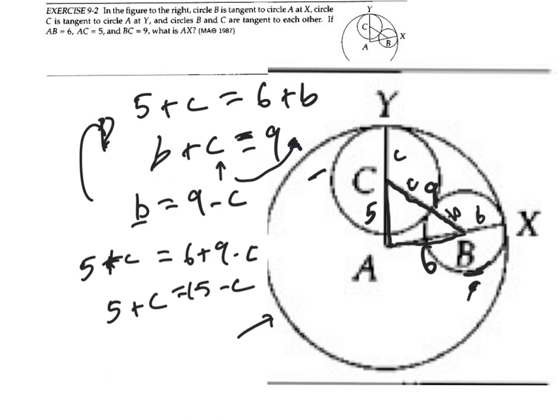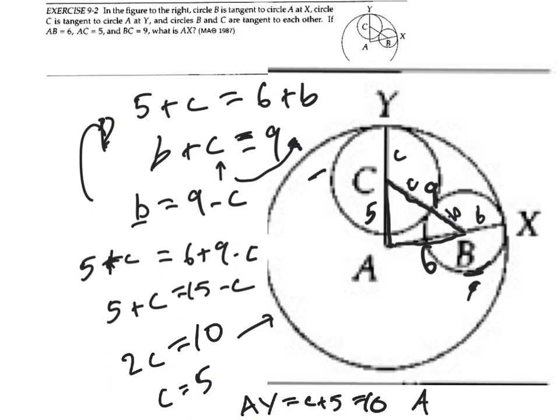So therefore, 2C equals 10. Easy enough, C equals 5, but they ask us for AY, not the radius of C, but that's pretty simple, or AX, but AX equals AY. So AY just equals C plus 5, which equals 10, but AY equals AX, so we are done,